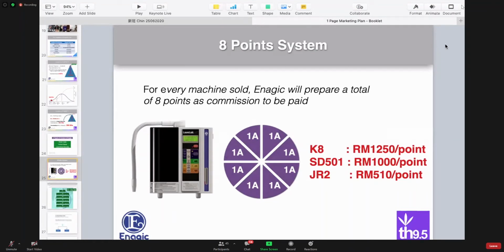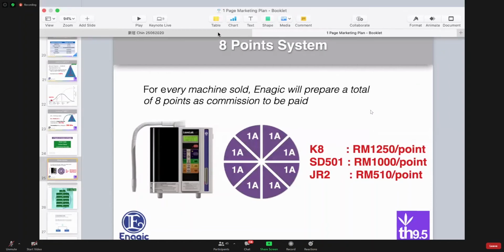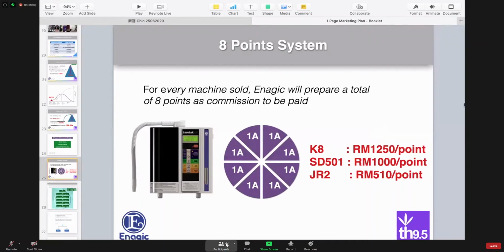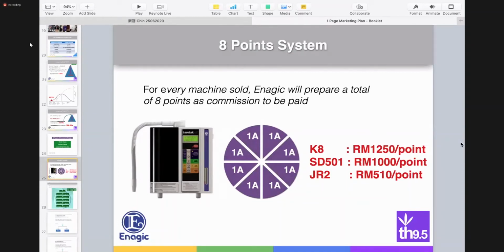Okay, so here is the endpoint system. This is the system that Enagic uses. This is how they pay us commission. This is international. For every machine sold, every time Enagic receives a payment,